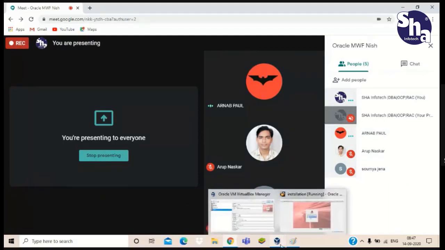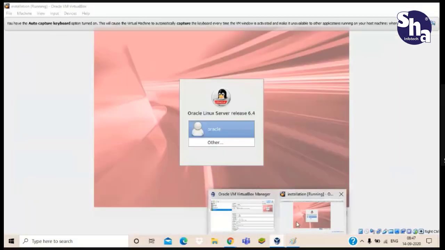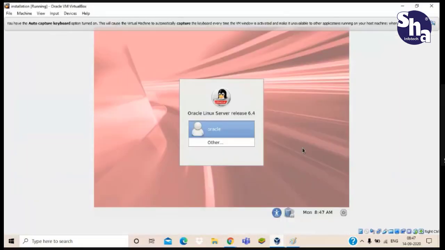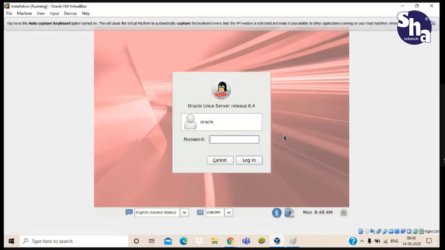Okay. Now what we have to do, we have to log in with the Oracle user. After prerequisiting and rebooting, we have to log in with the Oracle user, because we have given the privileges and permissions and changed the ownership of that particular user one file. So from now onwards we will work with the Oracle user. So just log in with the Oracle user.